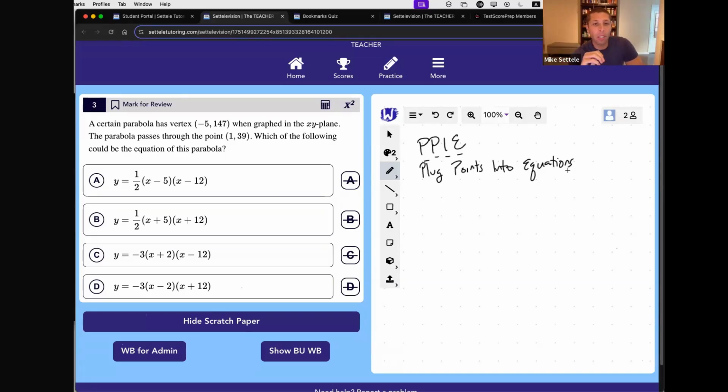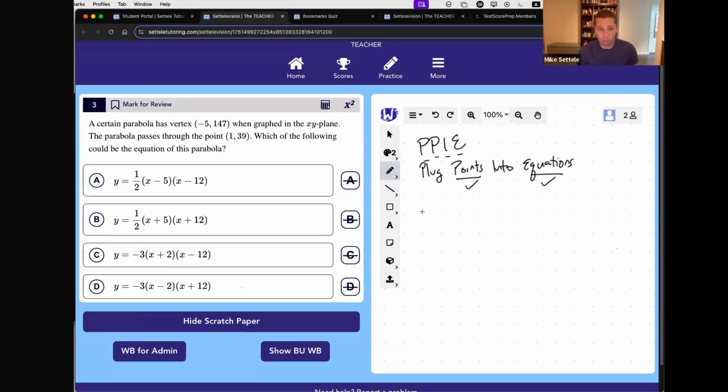There are going to be times when if you do things the traditional way that your teachers show you in school, you're just going to be inefficient or you're just going to waste brain power. One good thing about plugging points into equations is it's very mindless. And I see just here right off the bat, if I look at this question without even reading it, I see two things. I've got points, I've got equations.